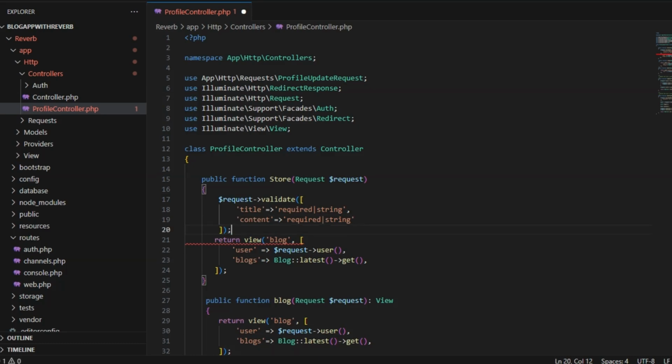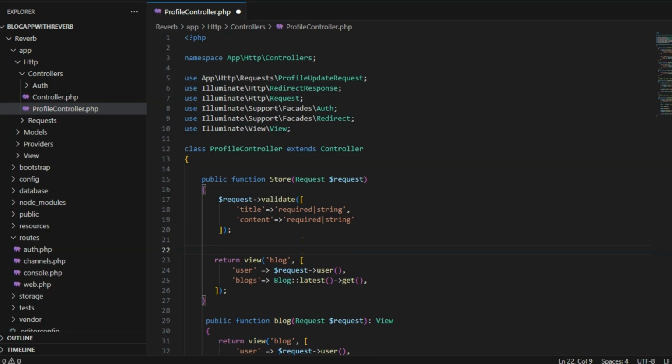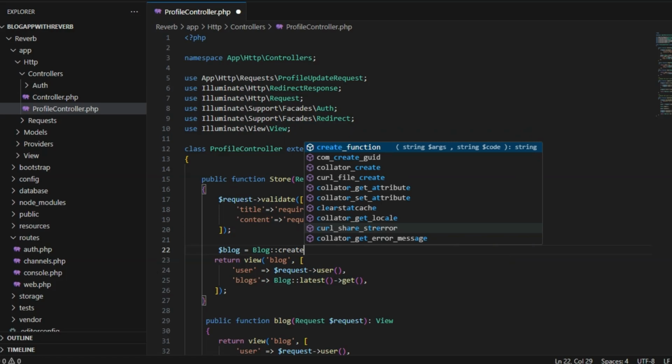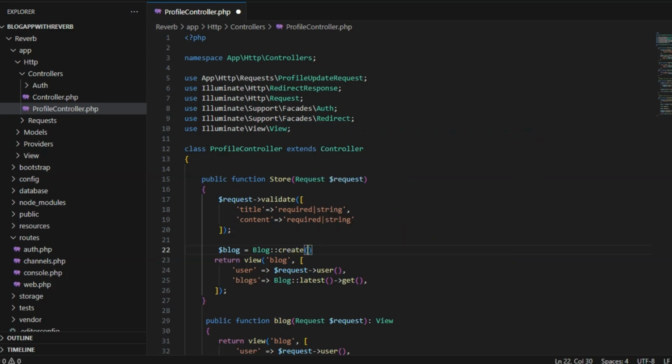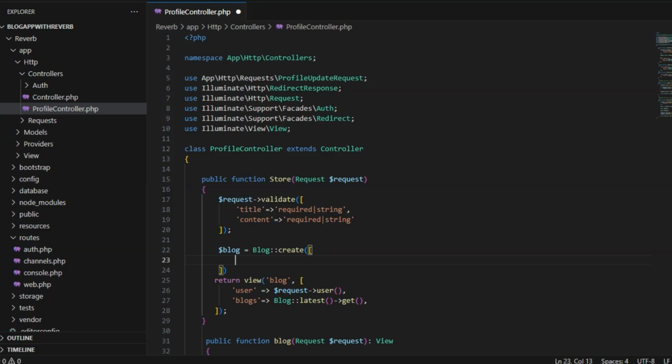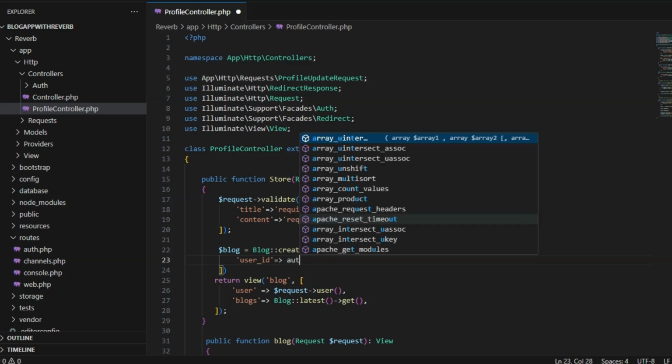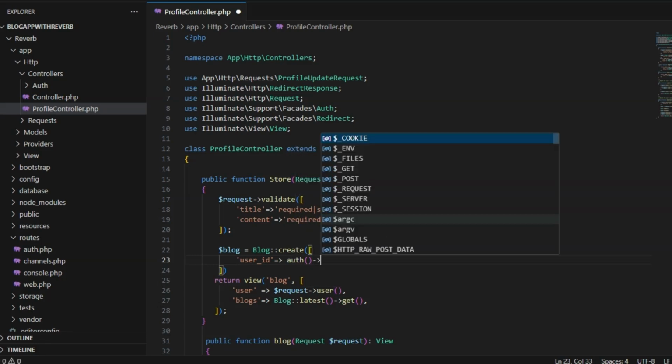Okay, for this I'll close this, and after it we create the blog post. For this I'll create the variable $blog, and within it I'll use this model here, Blog, using this create function, and within it I'll use here user_id, and after it auth id.